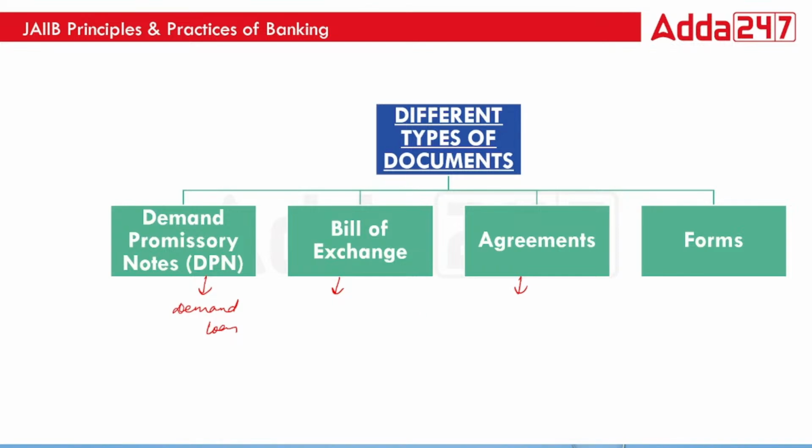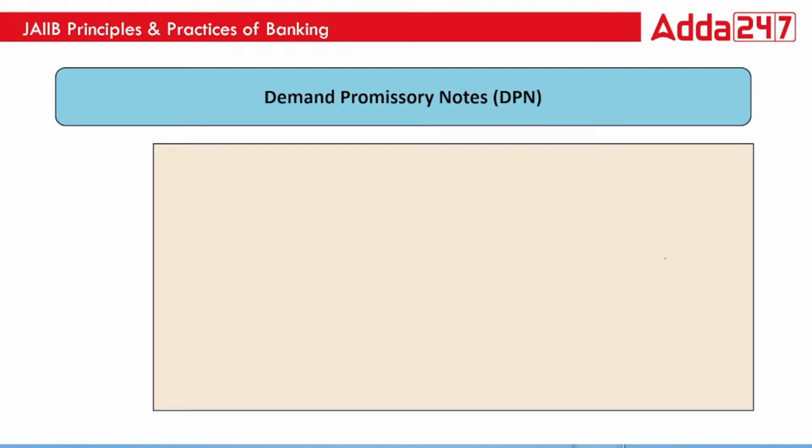This all will be covered in the agreements. All the terms and conditions will come under the agreement, and the agreement will be different for different kinds of loans and different kinds of borrowers. Then we take certain forms where we take some undertaking, like for SI, where the customer gives you a mandate that you can debit their account for repayment of the loan. That will be covered under forms.